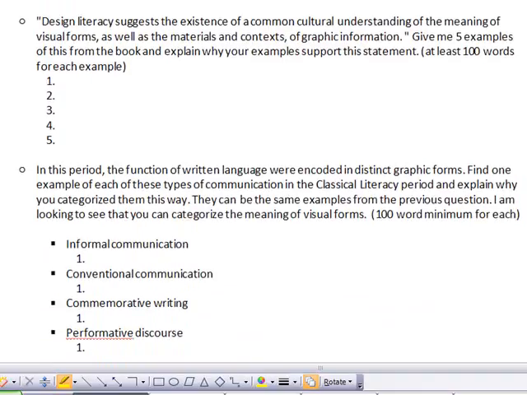The second key point is that design literacy suggests the existence of a common cultural understanding of the meaning of visual forms as well as the materials and context of graphic information. Again, I talked about this a little bit before. For this example, I want you to give me 5 examples from the textbook that show me that you understand design literacy and the cultural understanding and meanings of visual forms. So find 5 examples in the book and then explain why your examples support the statement written above. Okay, so why does it support